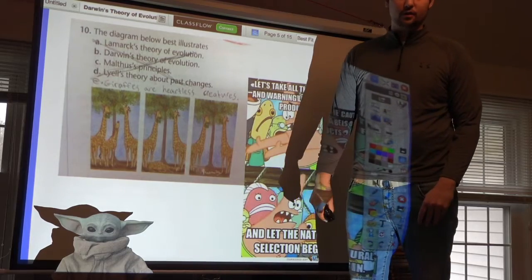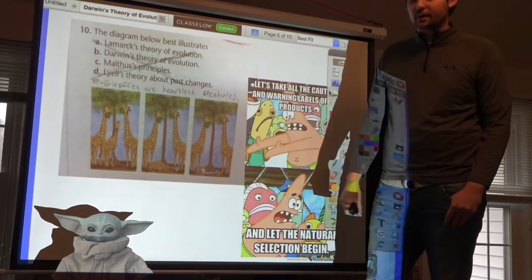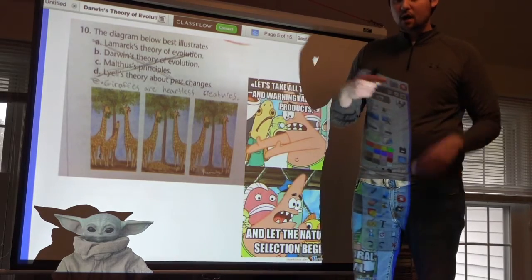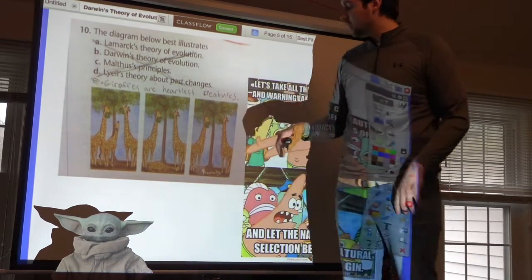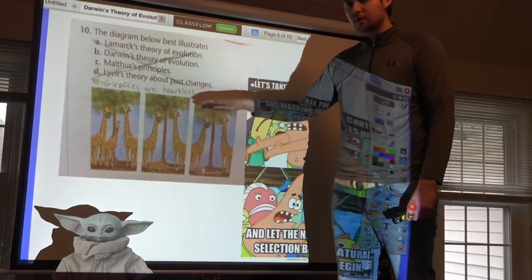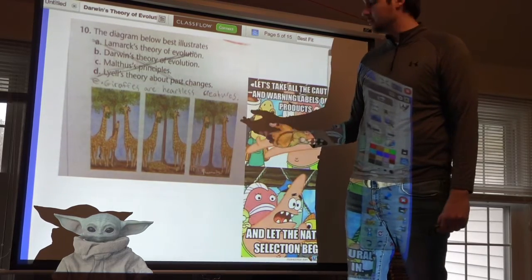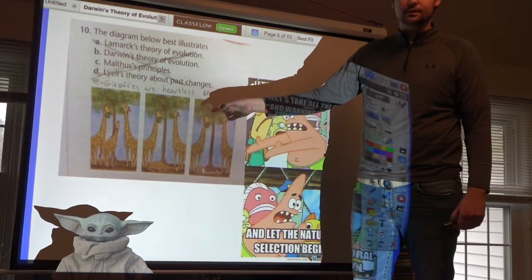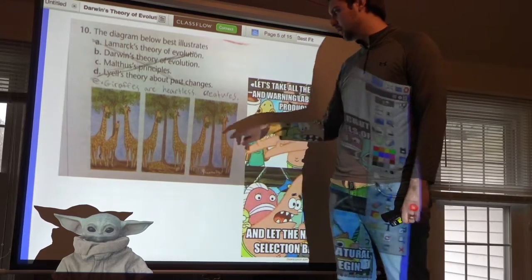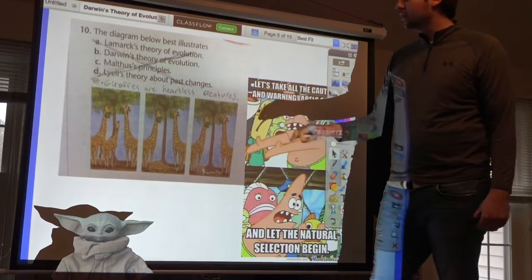Those that are long-necked are better suited for their environment, which means that they're more likely to grow up and pass their trait on to the next generation. And so eventually over time, if this environment stays the same, where all the resources, all the food, are up in the trees, all the animals are going to have to be able to gain access to that resource. So we're going to eventually see that that whole area is going to be made up of tall, long-necked giraffes because they are best suited for their environment.